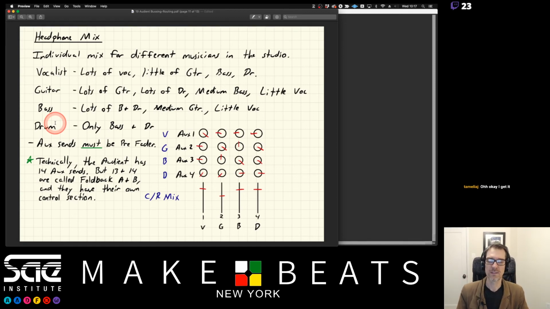So the vocalist, let's say, for example, wants lots of vocals, a little bit of guitar, a little bit of bass, and a little bit of drums. Whereas the guitar player wants lots of guitar, lots of drums, medium bass, and a little bit of vocals. Maybe the vocalist and the guitar player are fighting right now. Then the bass player wants lots of bass and drums, medium guitar, and very little vocals. Oh, the bass player's on the side of the guitar player. And the drummer only wants bass and drums, no guitars, and no vocals. That drummer just hates everybody. Okay, so